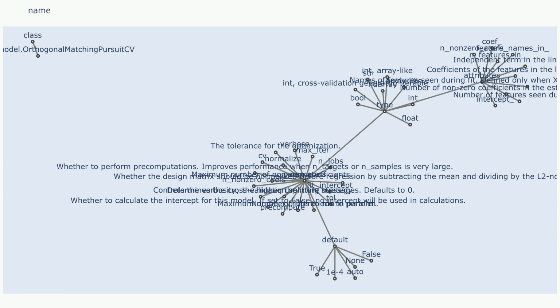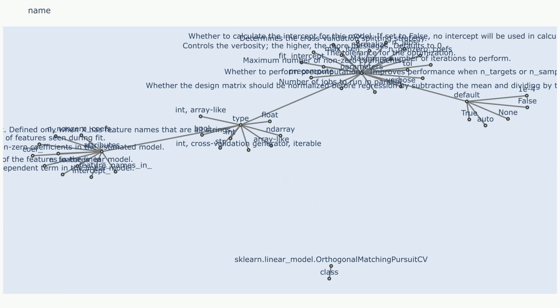Methods to control the model. 1. fit(X, y) trains the model using the provided training data X and target values y. 2. get_params(deep=True) retrieves the current parameters of the model. 3. predict(X) predicts the target values for new data X using the learned model. 4. score(X, y) calculates the R2 score, a measure of the model's goodness of fit, for the given data X and target values y. 5. set_params(**kwargs) updates the parameters of the model using keyword arguments. 6. transform(X) transforms the input data X to a sparse representation using the features selected by OMP.